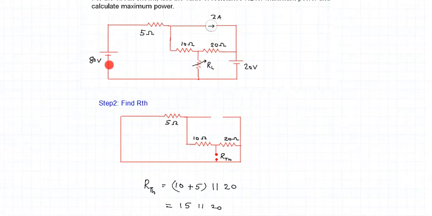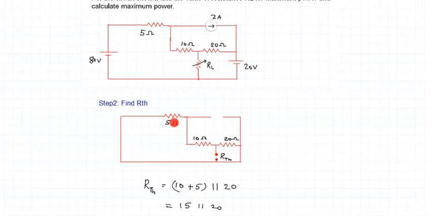So we replace the 80 volt source by its internal resistance, which is a short circuit, and we replace the current source by an open circuit. So the circuit reduces to only three resistive elements. RL is the point where we measure the equivalent resistance RTH. Looking into the circuit from RTH, we understand that the 10 ohm resistance is in series with the 5 ohm resistance.